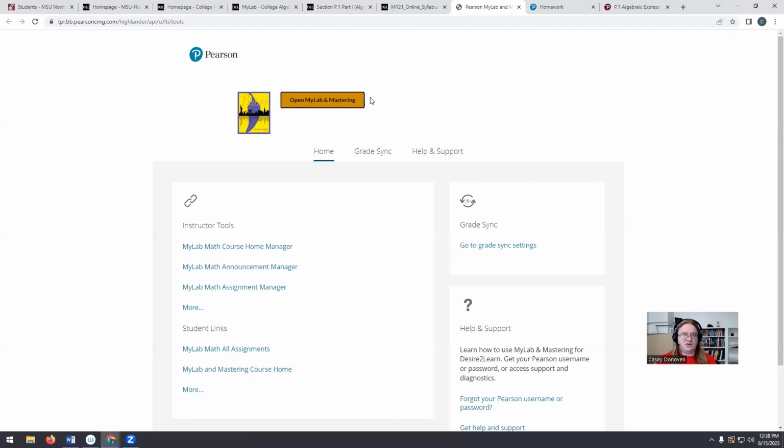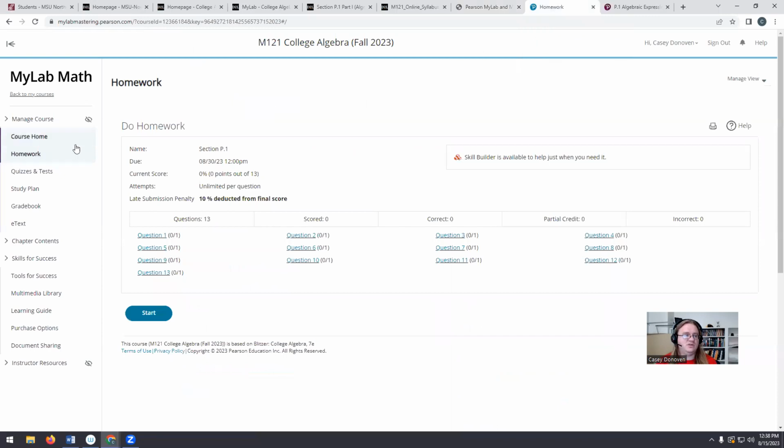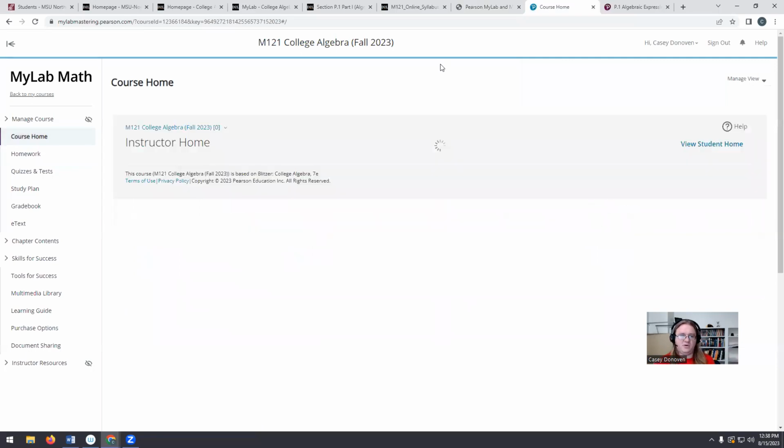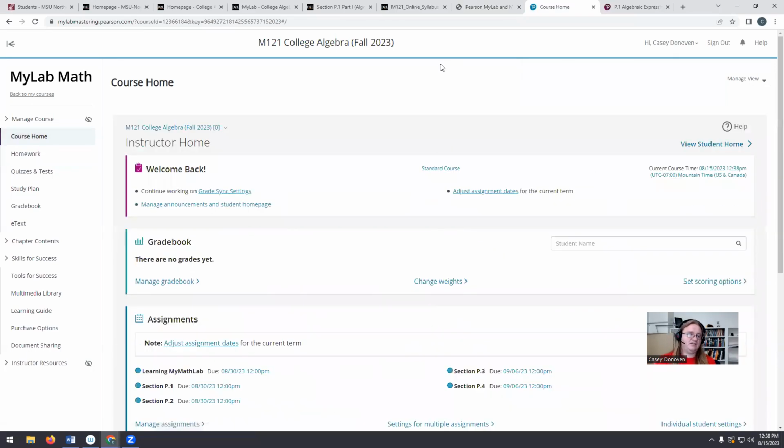Once you enter your access code, you'll be taken to the Pearson MyLab platform. My platform will look slightly different from yours because I am the professor and I'll have access to the gradebook and everything like this. So it'll look slightly different, but roughly the same.